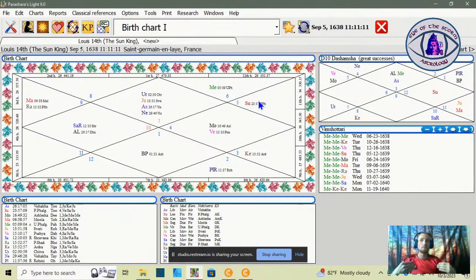Louis was known for every day, his entire routine from the time he got up to the time he went to bed being completely observed. He was known for being on a schedule. You could predict exactly what he was going to be doing. It was said that if you were 200 miles away, you could look at your watch, see what time of day it was, and know what the king would be up to at that time.